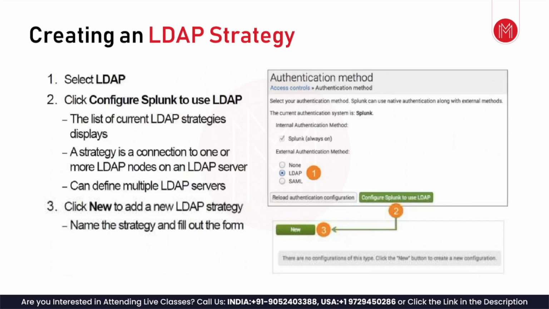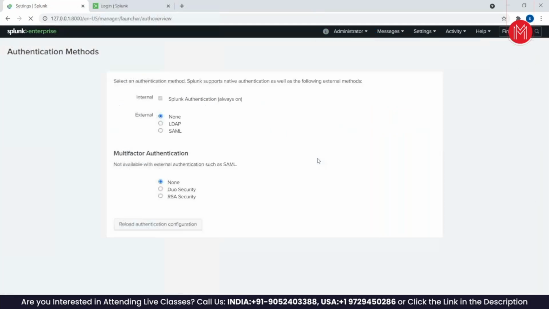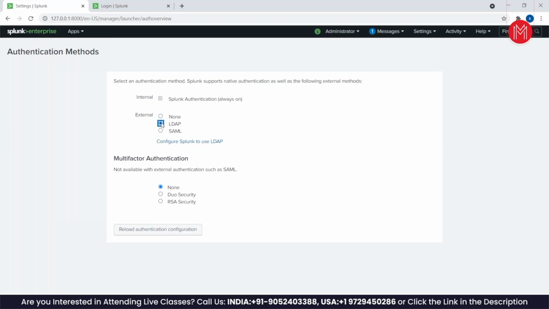So click on configure Splunk to use LDAP, and here you are having different options in the authentication method. Click new to add new LDAP strategy. For example, go into settings, and go into authentication methods. If you click on this authentication methods, Splunk authentication is always on because it is the internal one, and external you are having LDAP, and also you are having SAML. So click on this LDAP,